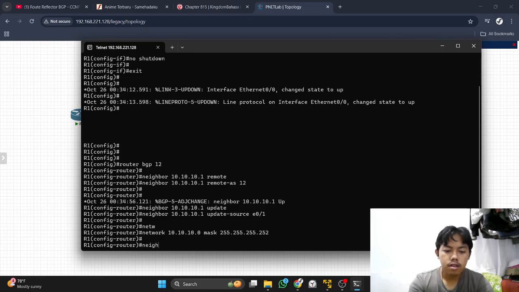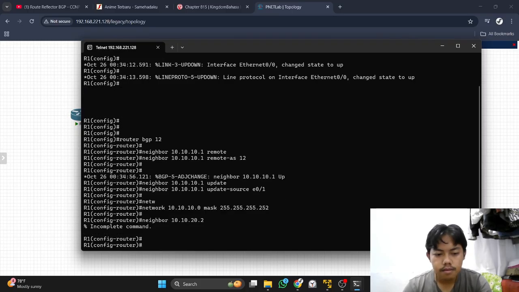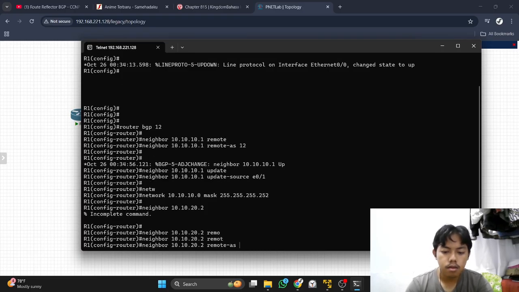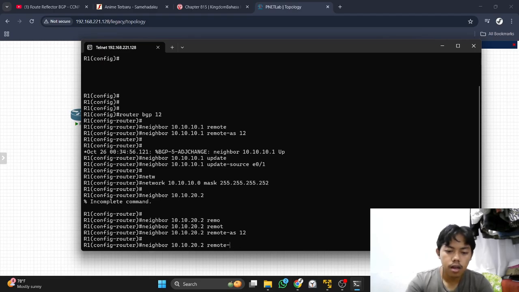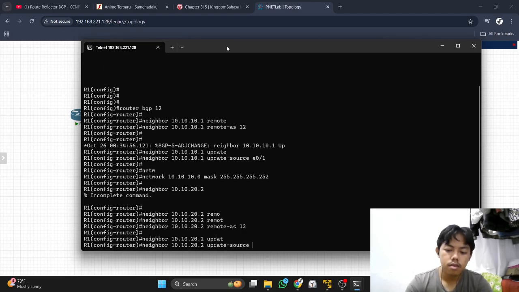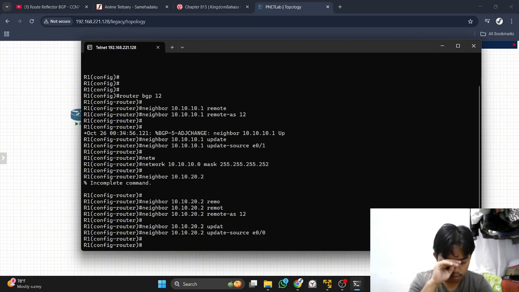Next, we will create the BGP for the other neighbor, 10.10.20.2. Sorry. Remote-as 12, and then update source, and then network.